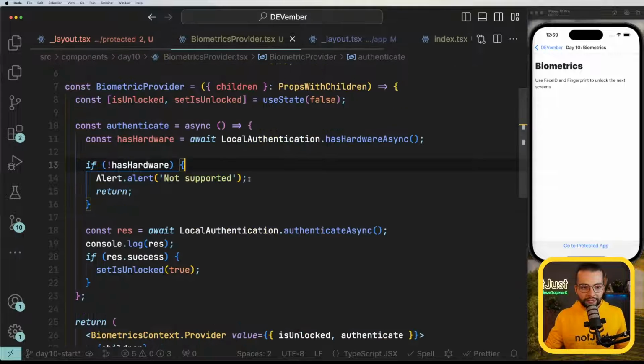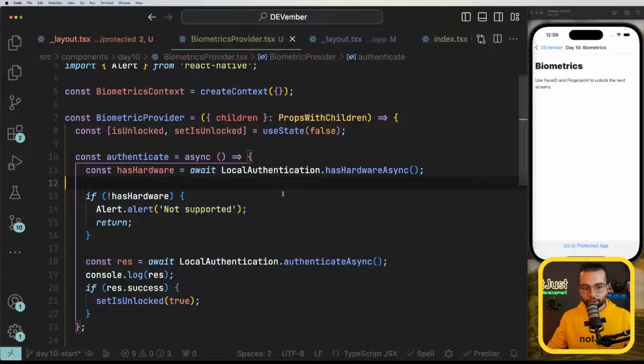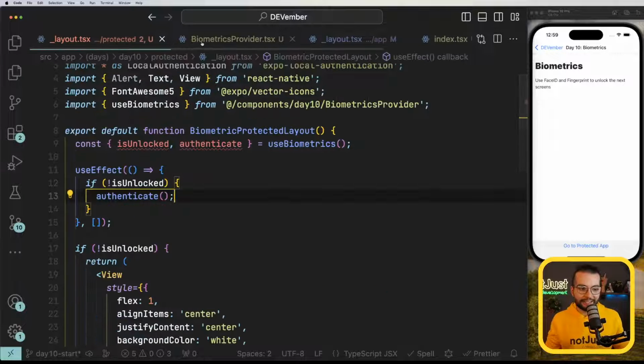With this, I hope you can understand how you can manage the logic of authenticating and of whether it's authenticated or not on a higher level, on a more global level, through a React context provider. And as I said,